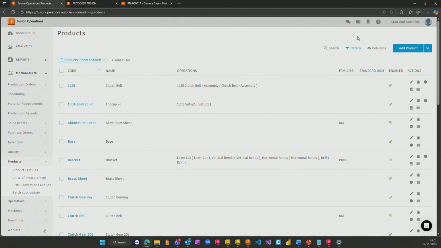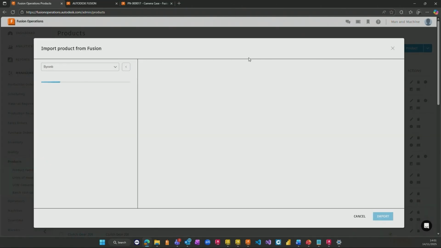We can now start to pull in information from Fusion Design or our Fusion hubs and import those into our